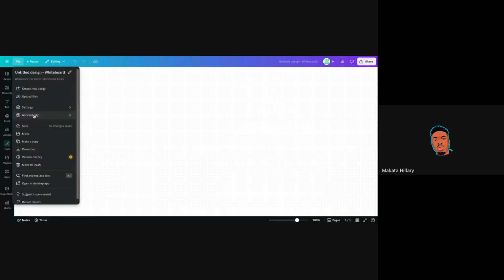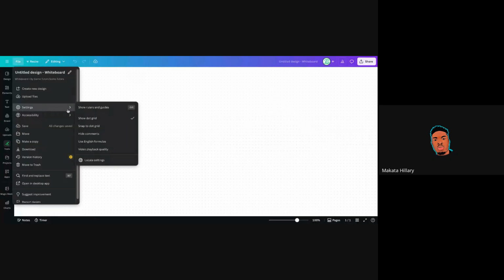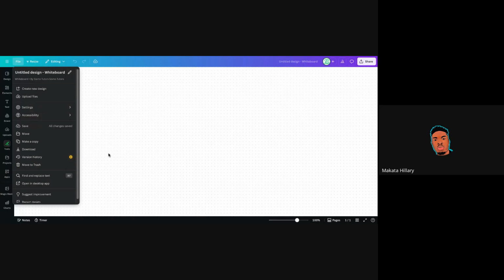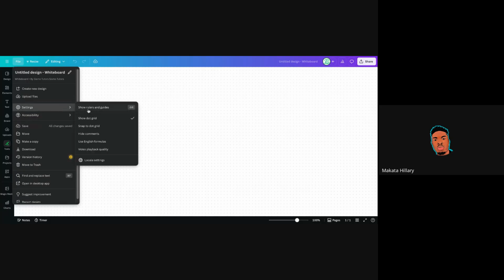The file menu, we have settings. This place is for comment. You can comment, let's assume you are working with a team. You can use the same account for the team, and everybody can be working together in the same whiteboard. So when you design,